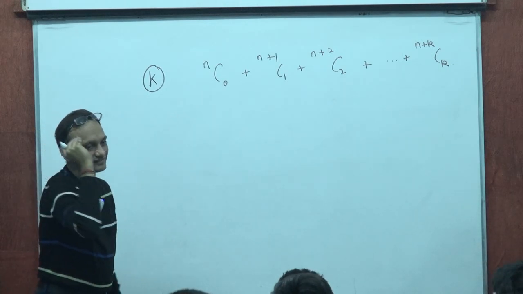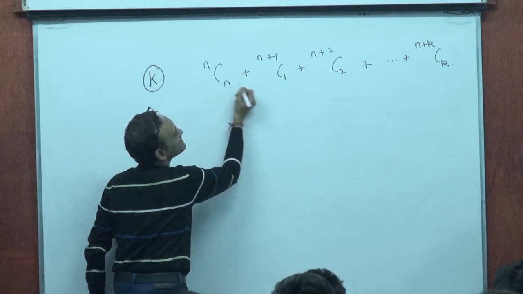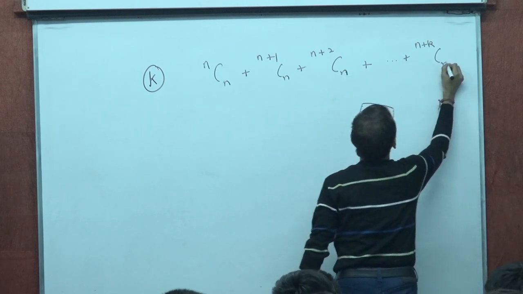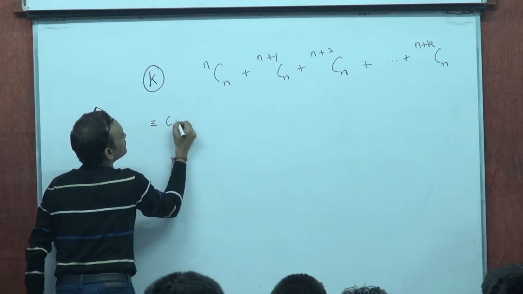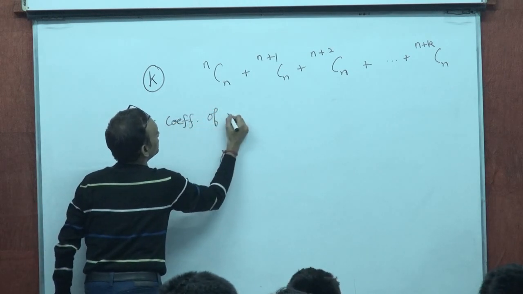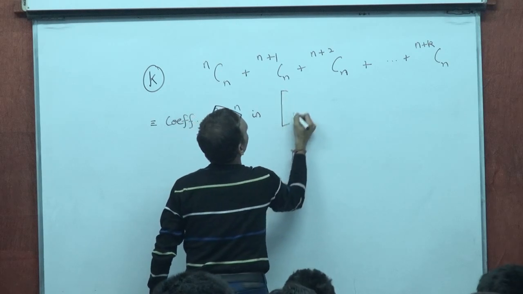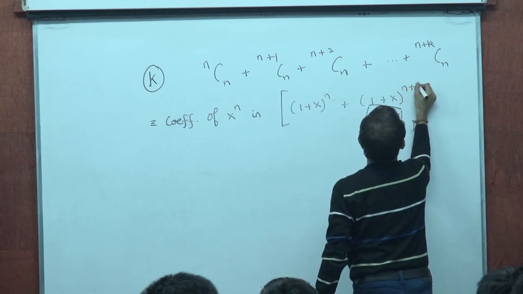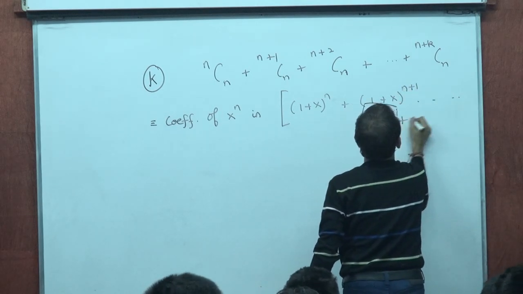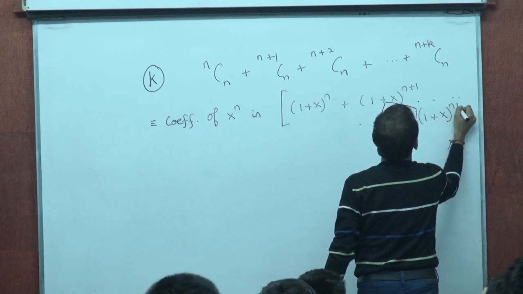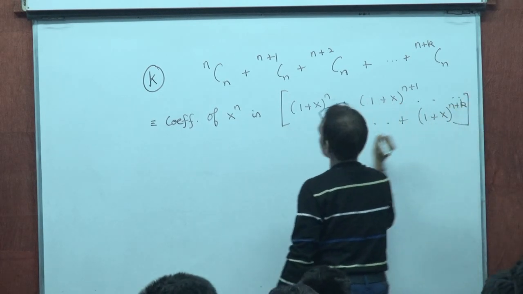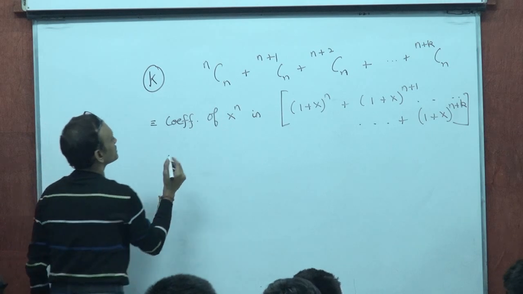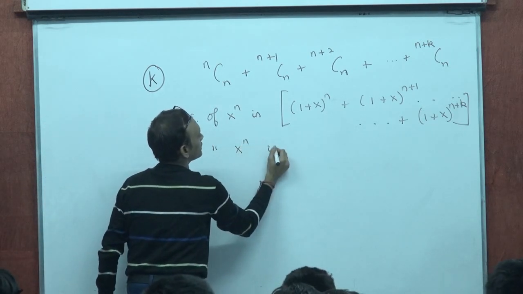Right now? Yes. Because this I can write as nCn, n plus 1 Cn, which is just the coefficient of x power n in 1 plus x power n plus 1 plus x power n plus 1, 1 plus x power n plus k. How many terms? k plus 1 terms in this summation, right? k plus 1 terms. So which is like the coefficient of x power n in